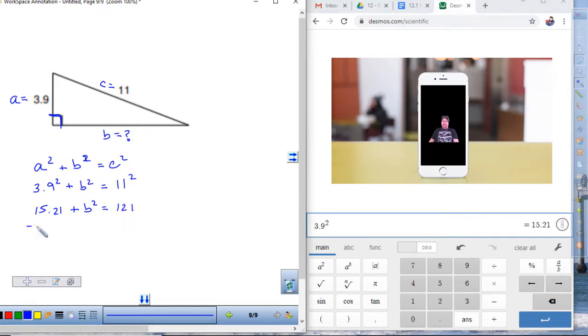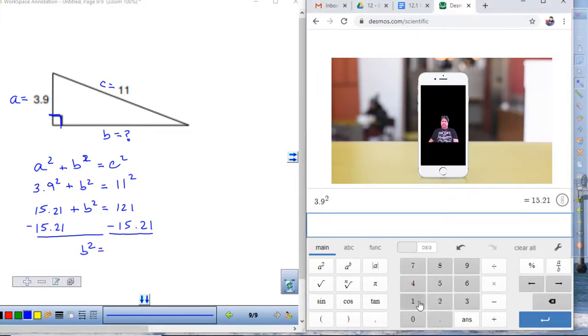And then we've got to get this isolated. We've got to get B by itself. So we'll take away 15.21 on both sides. Don't try and do this one in your head. It's usually easier to just use the calculator. It'll save us a mistake. So B squared equals, and I need to hit enter. Let's get rid of that line here. We'll go 121 minus 15.21, and there we are,